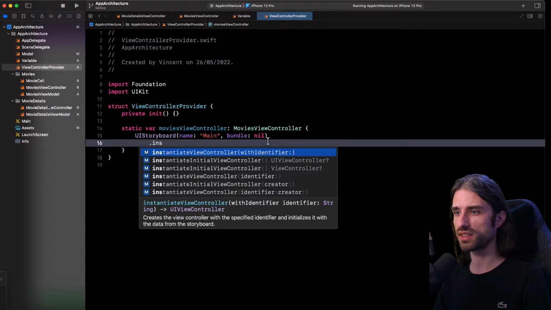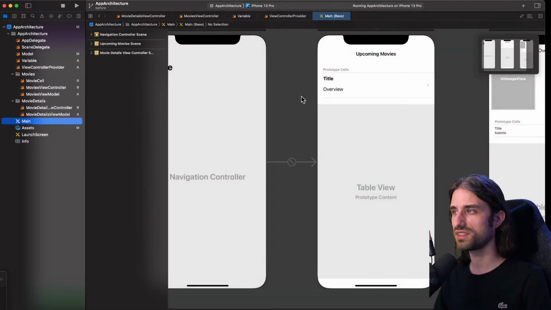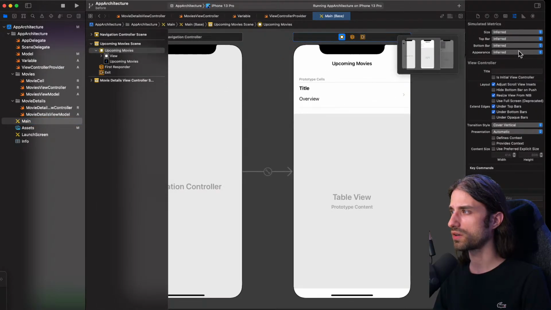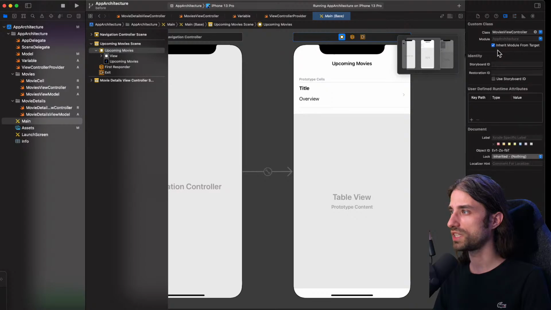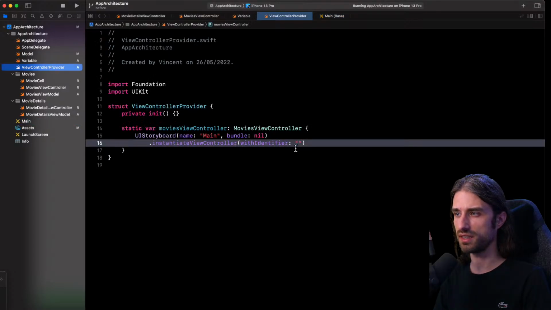And then I want to instantiate the view controller with the identifier. Let me see what is the identifier I have set for my view controller. Actually, I haven't set one, so I'm just going to set the identifier being the same as the name of the type. This way it will be easier.